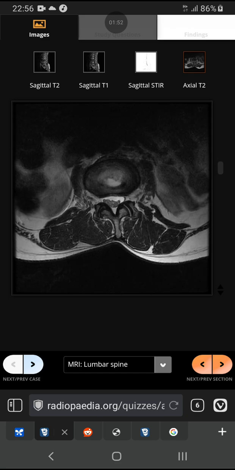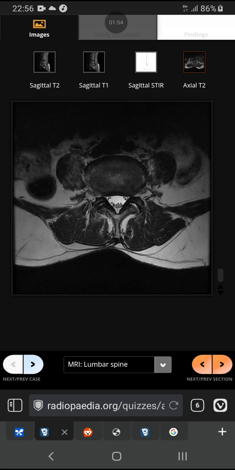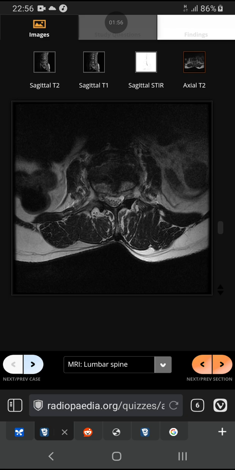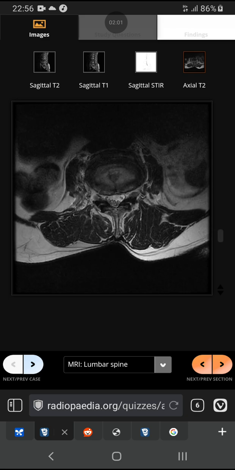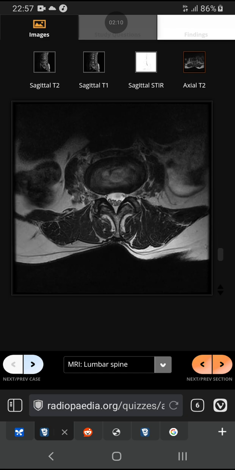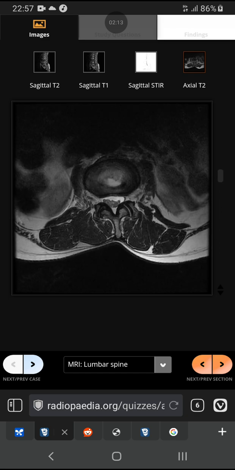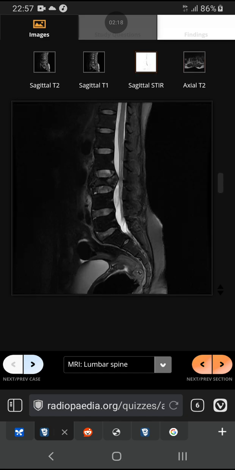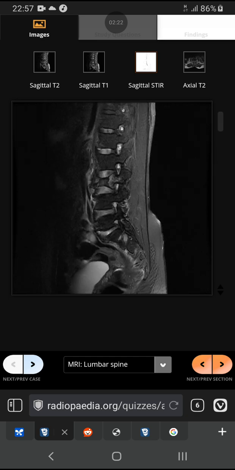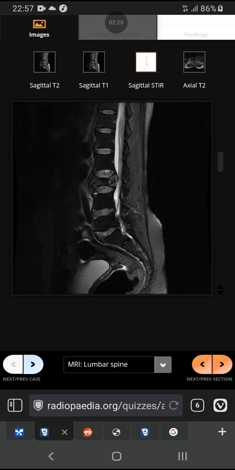Axial T2. You can see here the protrusion. It seems like a herniated disc. The nucleus pulposus just ruptured the annulus fibrosus. So it looks like it's a herniated disc below, but